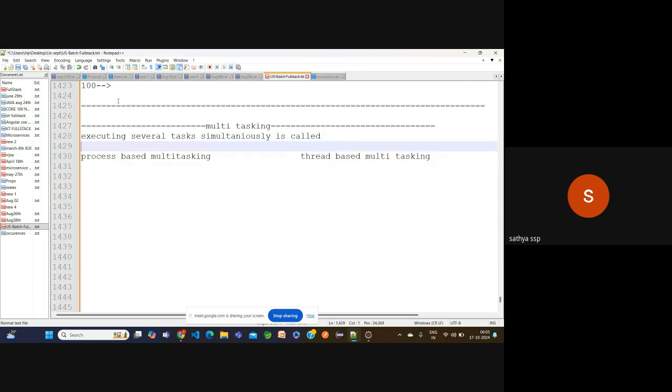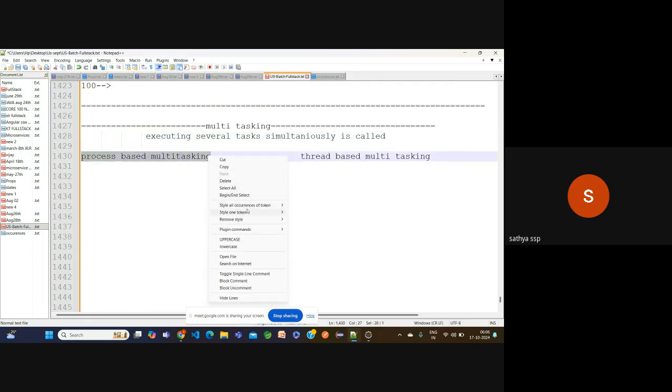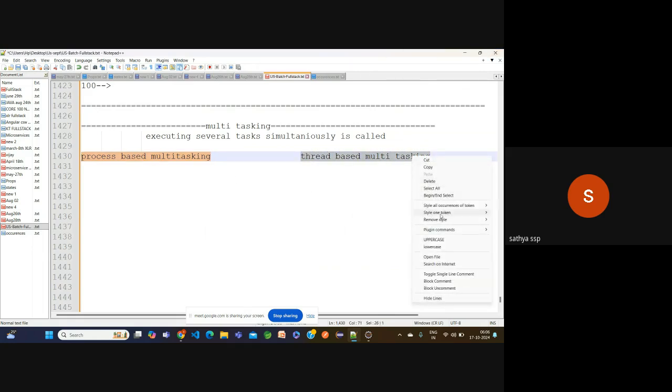Basically, multitasking means executing several tasks simultaneously. Again, this multitasking is divided into two types: process based multitasking and thread based multitasking.